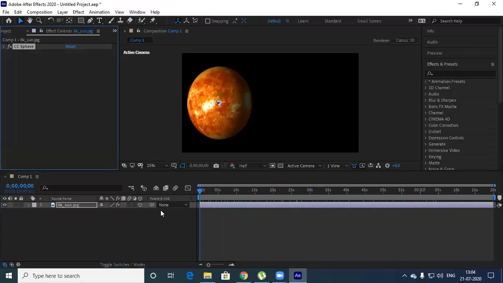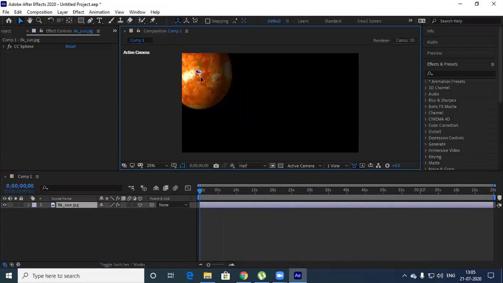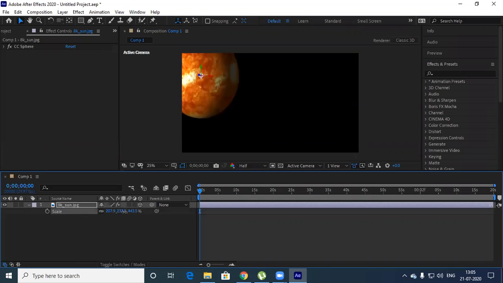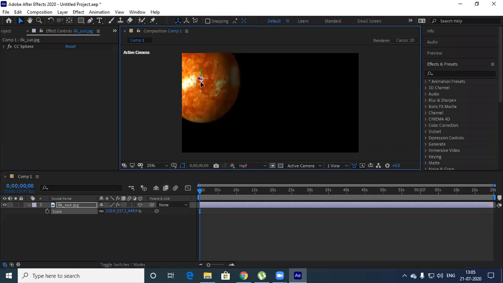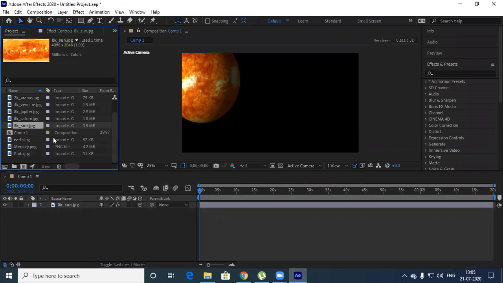Yes. Now I want to place the sun over here. I don't want the sun to be here, so I'm going to place my sun here. I can even scale it a bit, because the sun is a very large planet. So I'm just placing it here. Now the sun part is done. Which is the next one? After the sun, which will come?